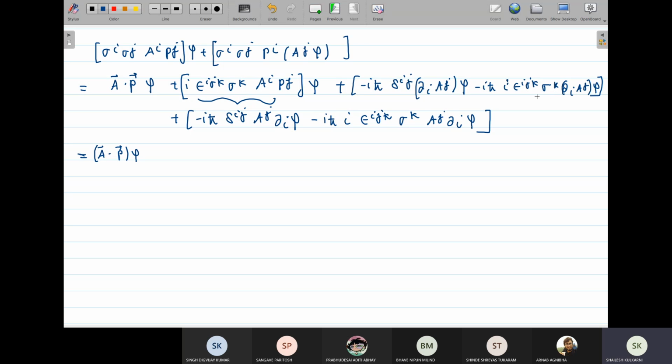This piece is also not required. So you collect this piece and this piece. Let me write it. Plus, it will be minus i h cross